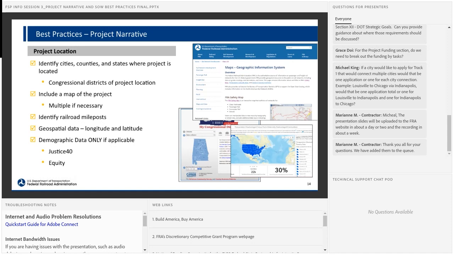We'd like to see you identify railroad mileposts, as well as geospatial data, longitude, latitude as necessary, and demographic data only if it's applicable. Another thing to mention is, include grade crossing inventory numbers in a table if your project includes grade crossing improvements.